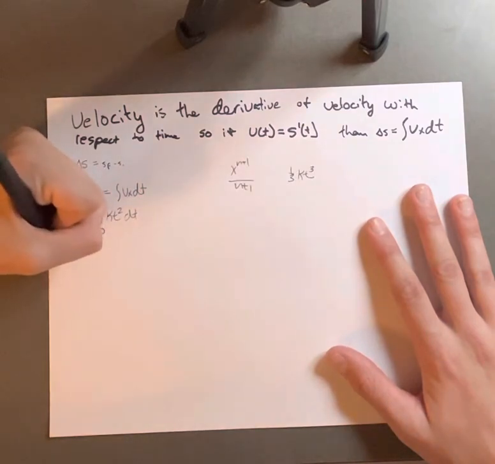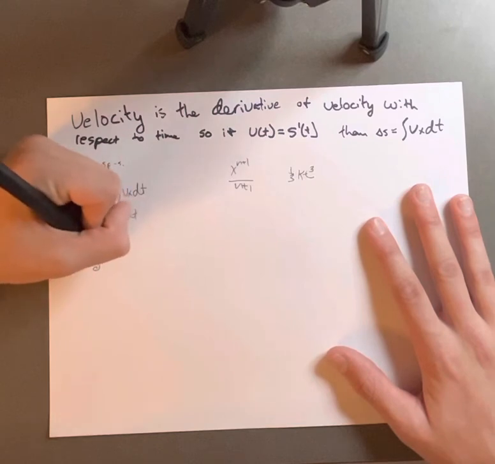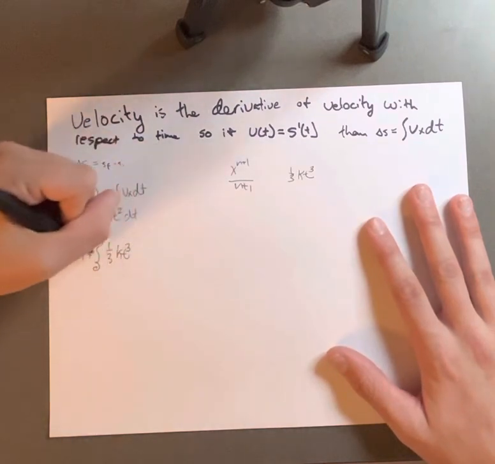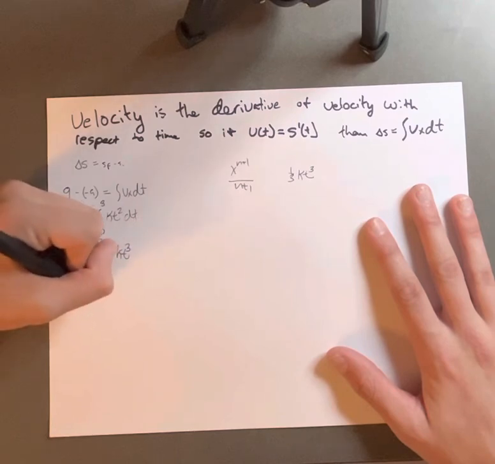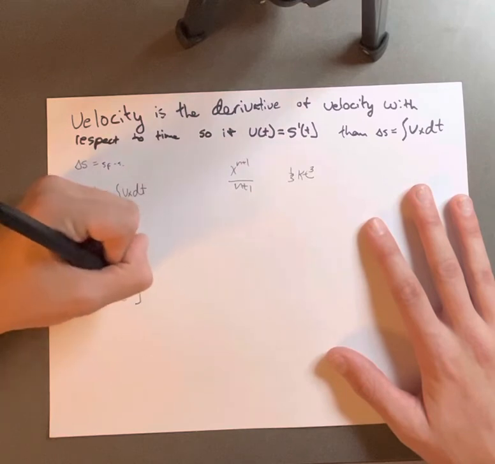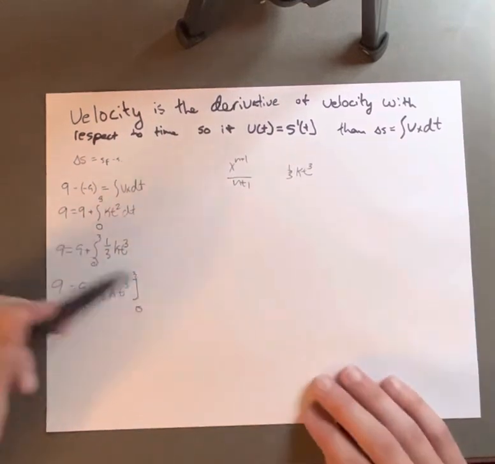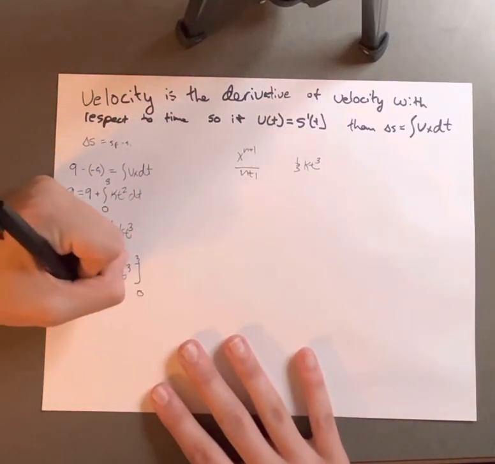So now we know that 9 is equal to 9 plus 1/3 k t cubed. And so we want to bound this to find how much k is equal to. Put it on the bound of 3 to 0. And we can just plug in, so 9 is equal to 9 plus